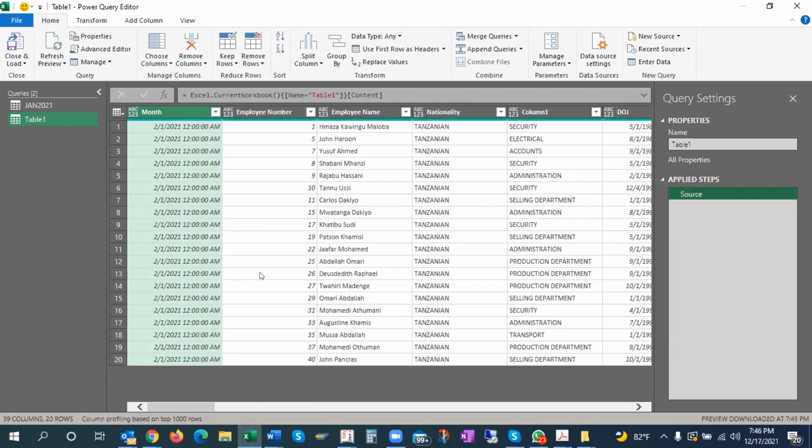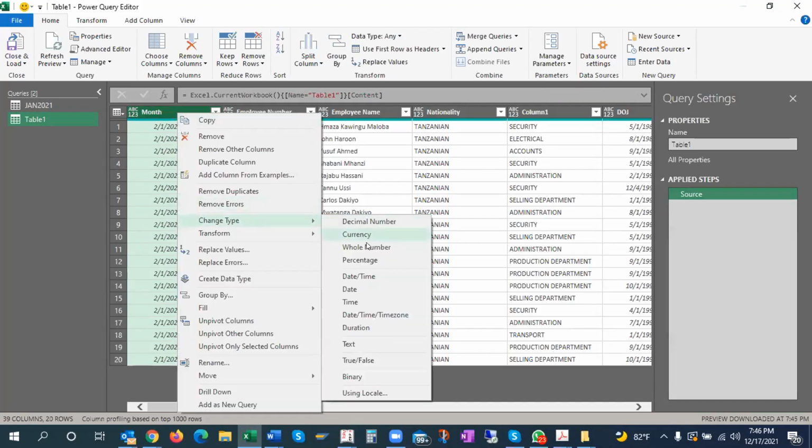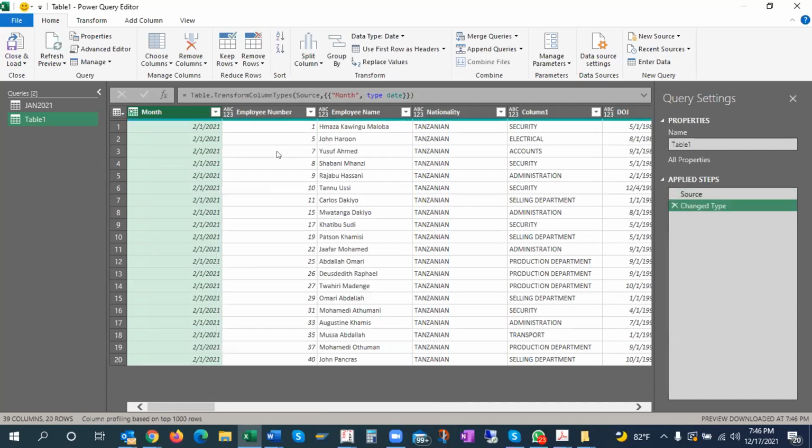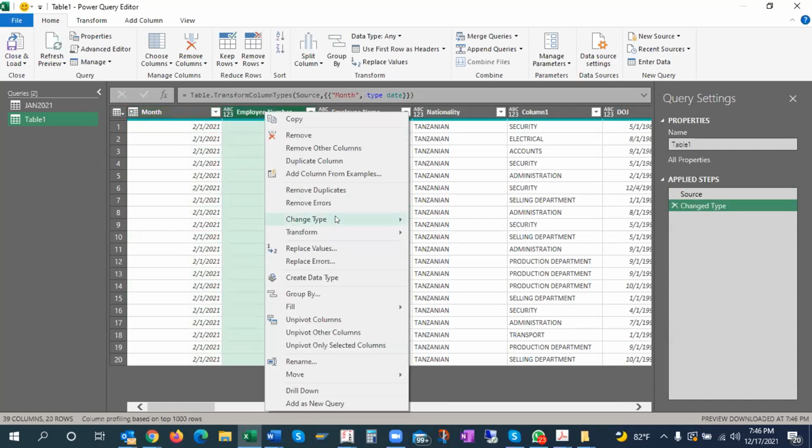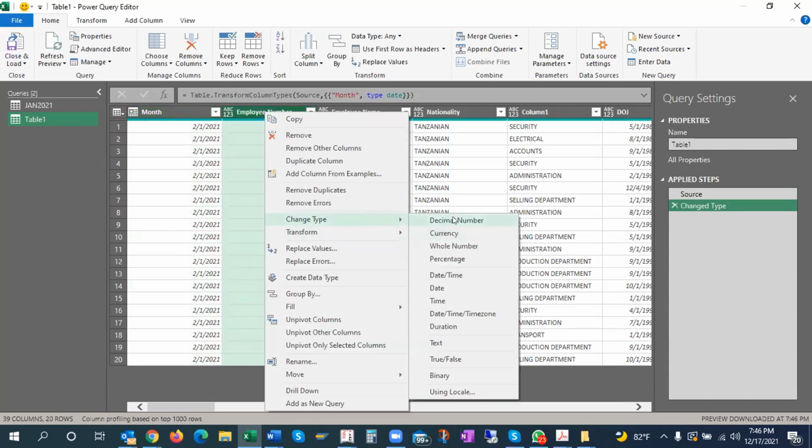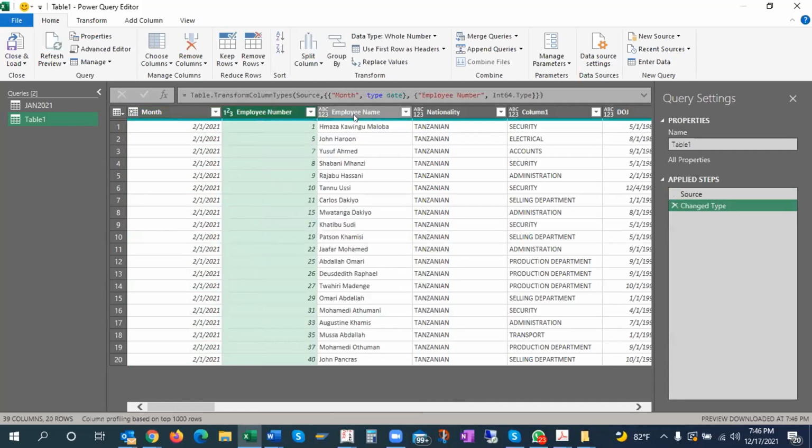I want my own steps. So I'll go to Month again, change the type, and say I want date. This is a whole number, because it recognizes it as number as well as text. So I know that this is a whole number, and I'll change type to whole number.